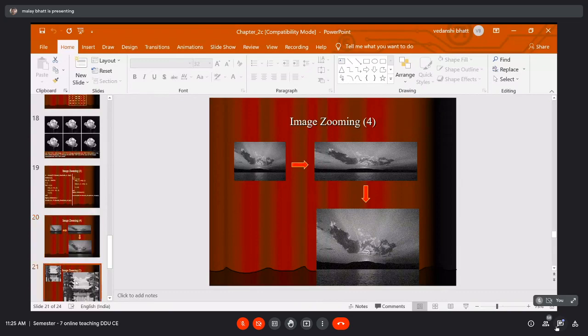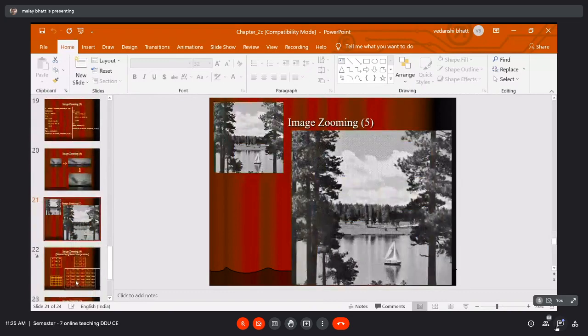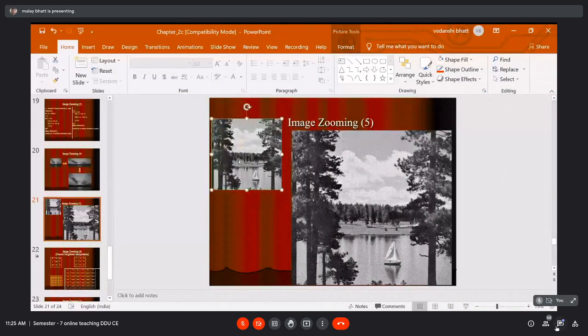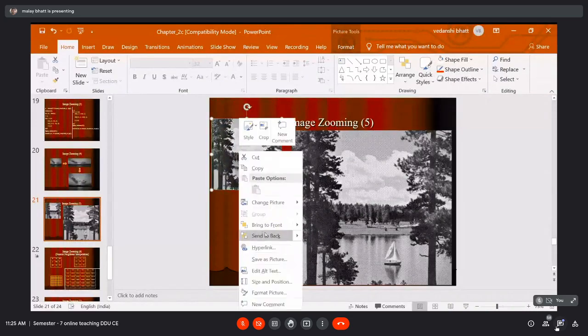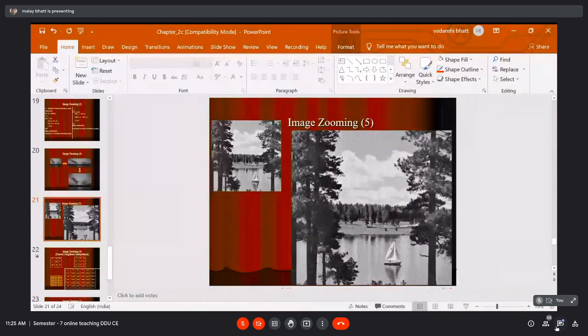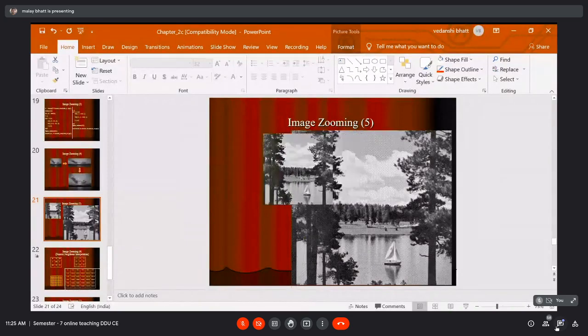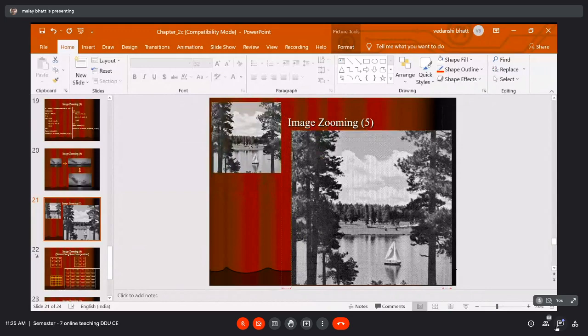One more example, let us go through. Here we have the original image. If I superimpose it here, you can see it is applied four times. We have applied pixel replication twice, not once.